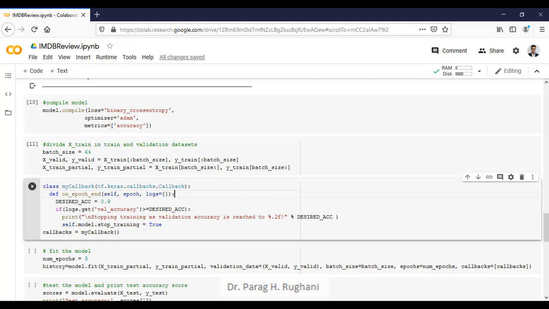Now it may happen that you may achieve the desired accuracy in the 10th epoch, but still you need to let the machine complete the training part. To prevent that on the fly and to stop on the fly, you can use the function for the callbacks. We have created one class called myCallback, in which I am passing tf.keras.callbacks.Callback. In that I have defined